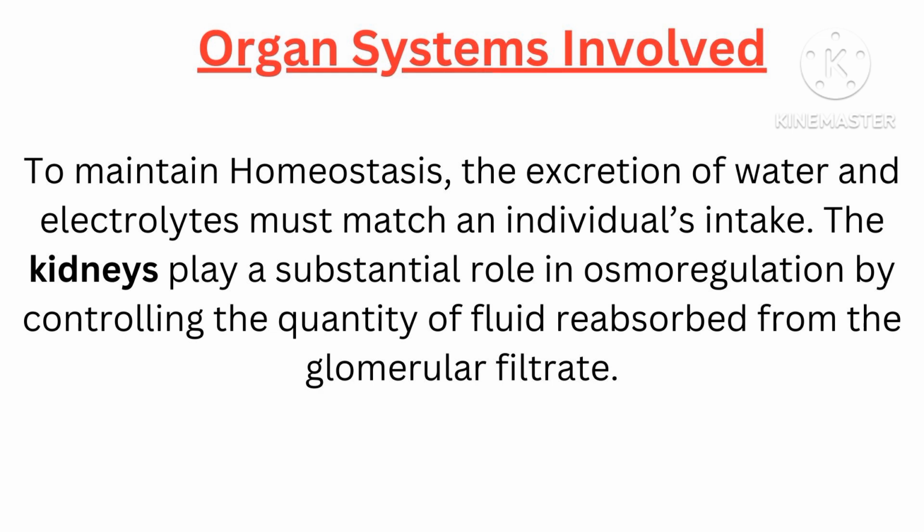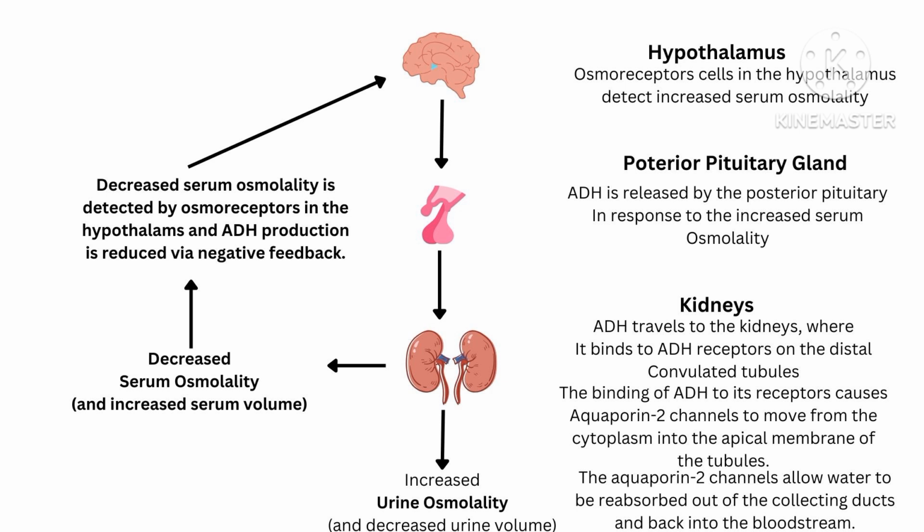The kidneys play a substantial role in osmoregulation by controlling the quantity of fluid reabsorbed from the glomerular filtrate. At the level of the hypothalamus, osmoreceptors respond to extracellular fluid hypertonicity. Increased osmolarity will elicit ADH release from axons down to the posterior pituitary into the circulation. ADH serves a primary function to increase solute-free water reabsorption in the nephrons, less water excretion, to bring down body